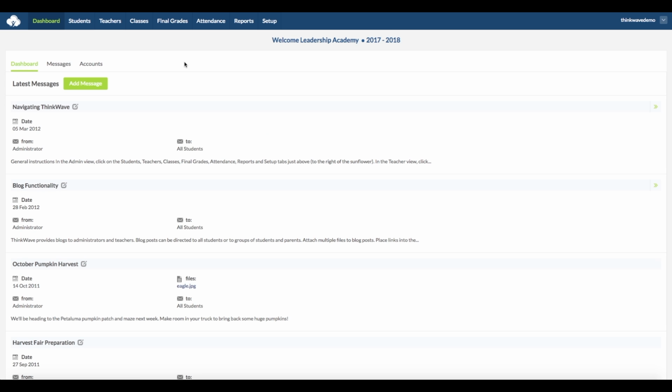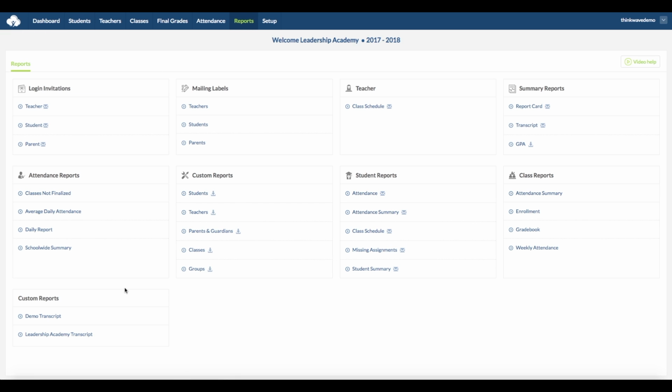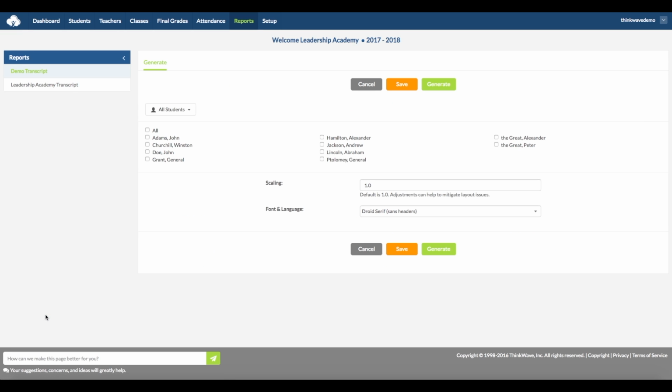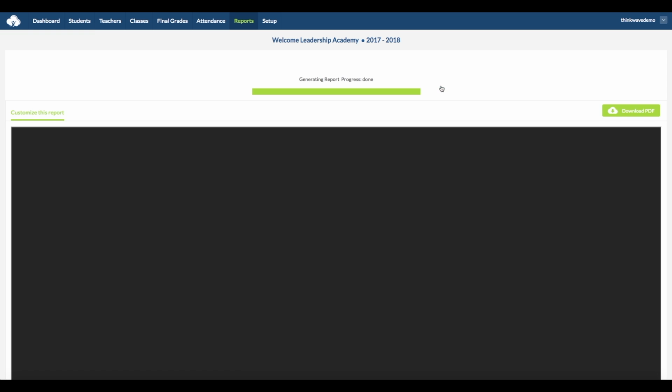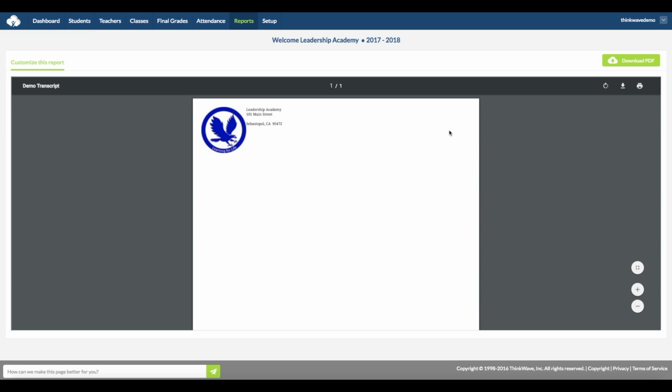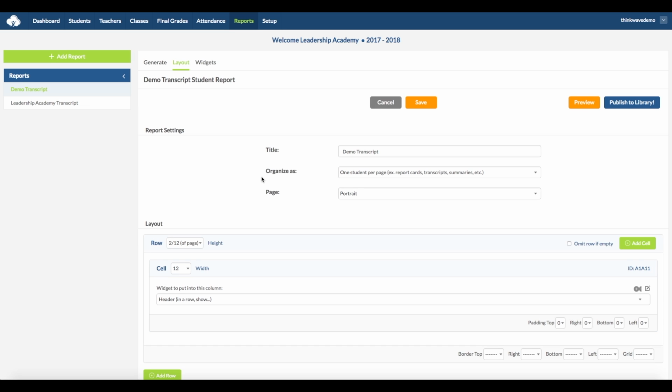So let's open another tab in the browser to the ThinkWave system, and then go to the Reports tab, and under Custom Reports, click Demo Report. Then select a student and click Generate. As you can see, the logo looks fine, but the school's name should be a little larger, and the address isn't displaying quite right. So let's go back to the School Address Widget tab,